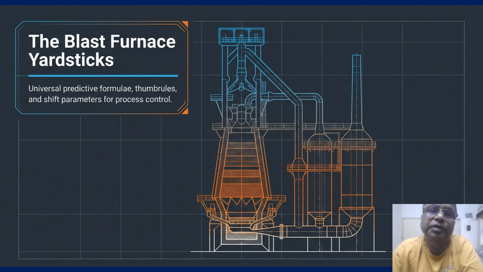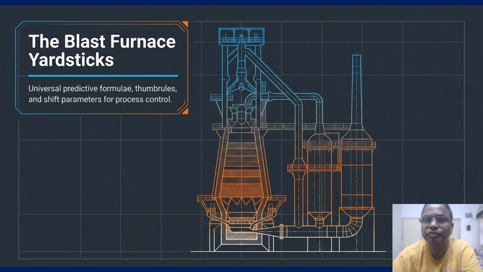We have all seen operators chase the furnace, reacting to symptoms rather than root causes. Today we are establishing a yardstick approach, a set of universal predictive formulas that turns raw data into operational foresight. By the end of this session, you will be able to quantify exactly how raw material changes impact your RAFT. It also helps in calculating productivity gains from reductant efficiency, and it navigates the complex butterfly effect of pulverized